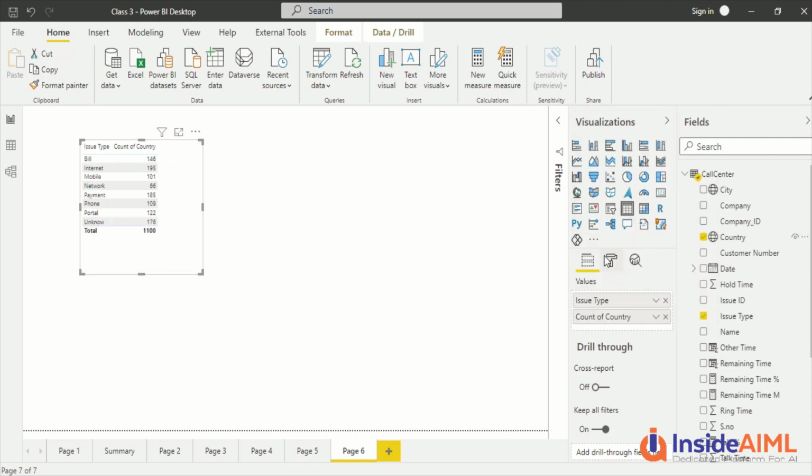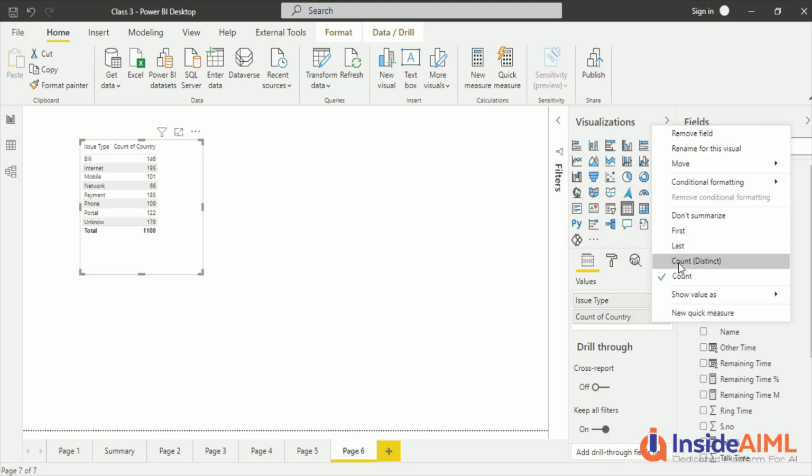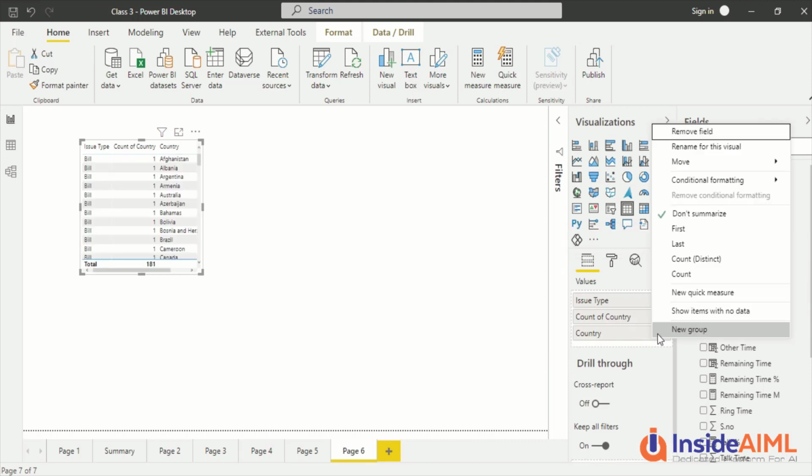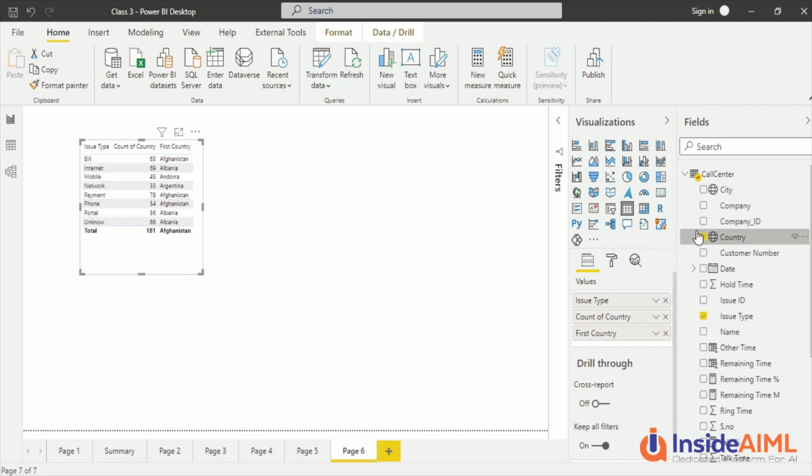So one thing could be how many countries are there for that particular time. Okay, this is as good as rows, but count distinct is one which is going to tell us the distinct count of distinct countries. Okay, I can drag country again, and then I've seen the count, I've seen count distinct. First and last is just like min or max kind of values, like first value I want, or I want a last value out here. Okay, so these things are helpful when you are using the text column. So similarly, whatever column we don't have min, max, average kind of aggregations available, we will have first, last, count and count distinct as the options. You can go ahead and try those out.